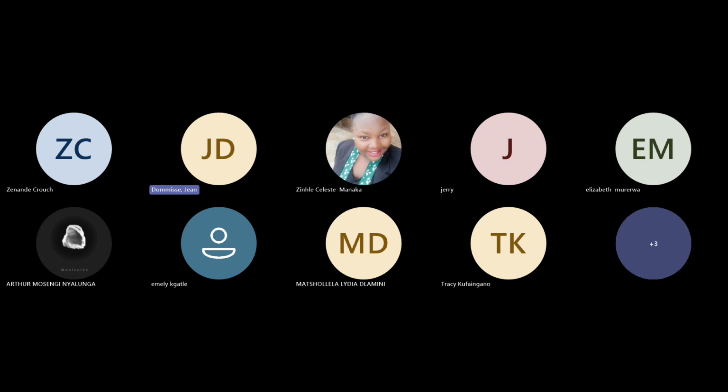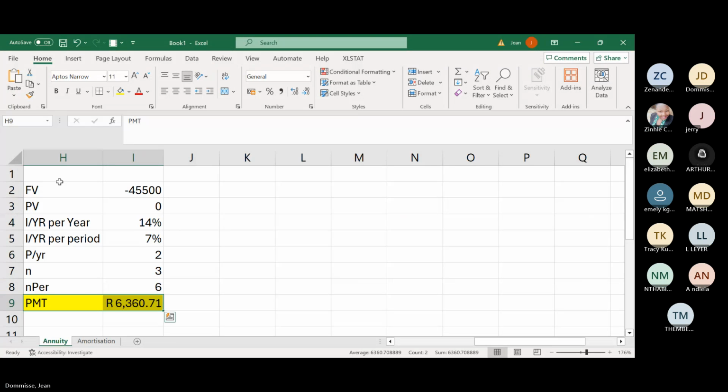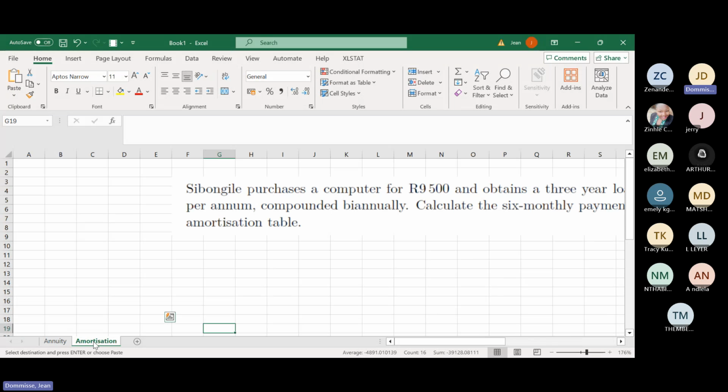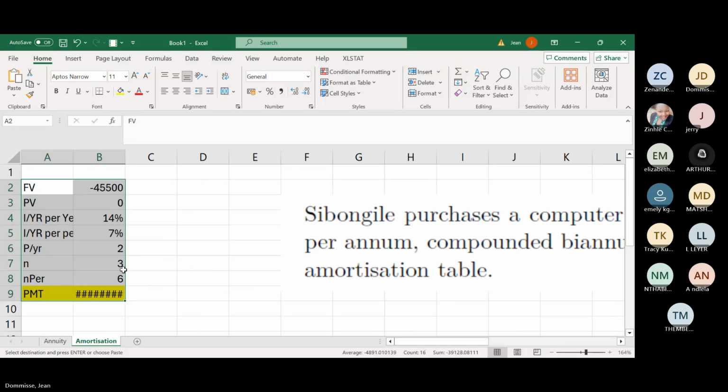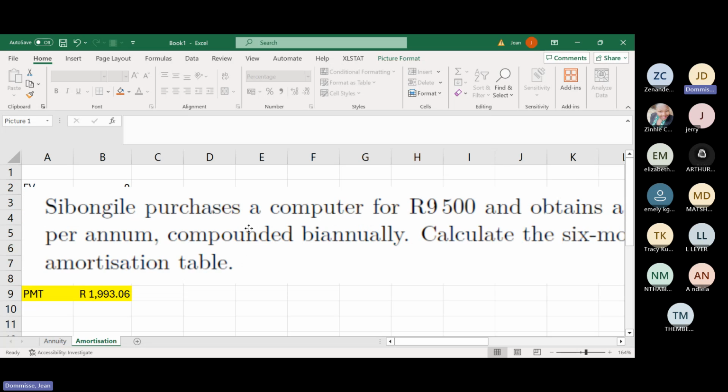So let me quickly share Excel again, so that we can look a bit at the Excel one. What I've done, let's quickly do this. Let's just copy it over. Just increase it a bit. So we know that there is going to be no future value because it's 0. There was a minus 9,500. I think the interest rate